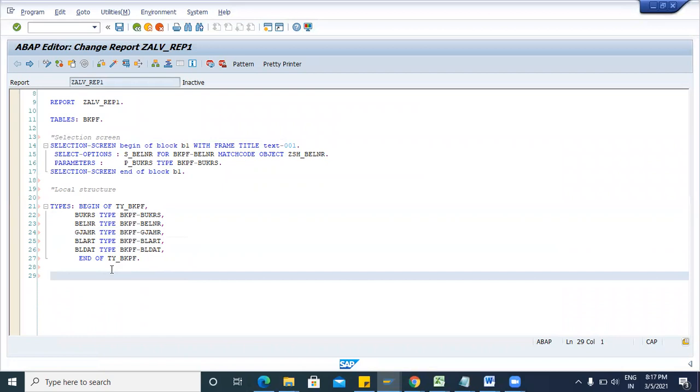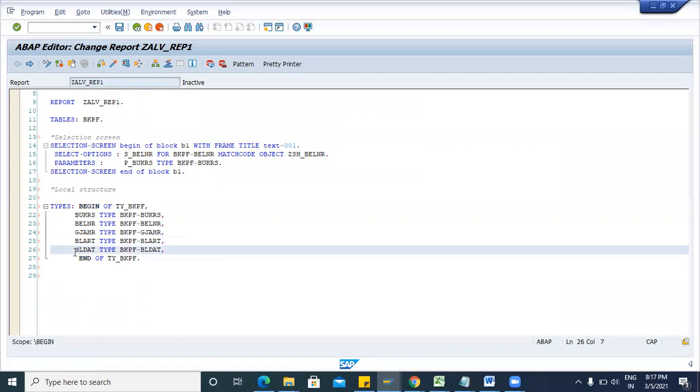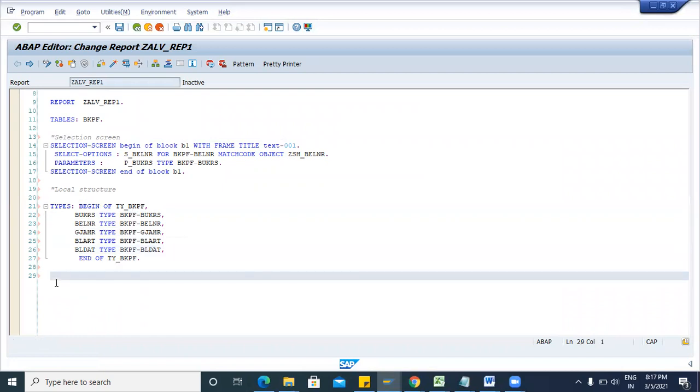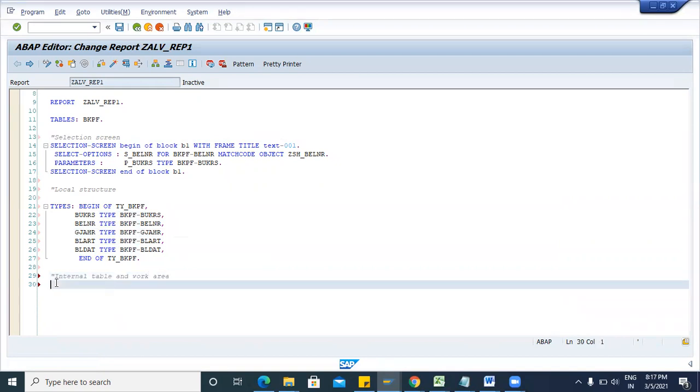Okay. So here we will declare the work area and internal table. Now how can we declare the work area and internal table? Internal table and work area. Okay. So data.